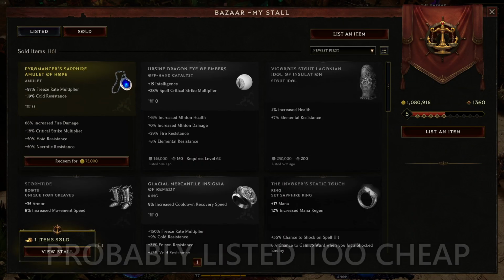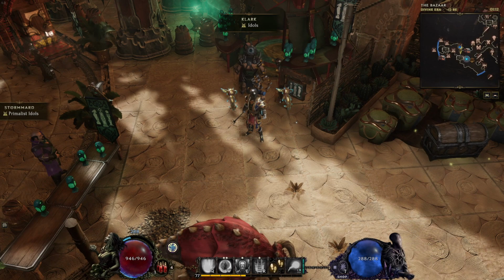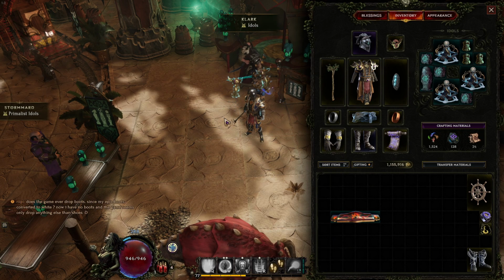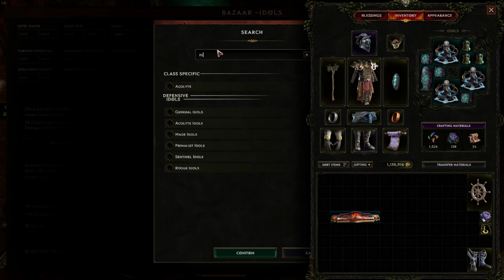Okay, so within about 10 minutes, that amulet is sold, and I can redeem it and get my 75k. Alright, so let's just quickly go over the process again. I've got an idol in my inventory with melee elemental damage and spell cold damage. So I'm going to leave my inventory open, talk to Clark, press more, affixes, melee...